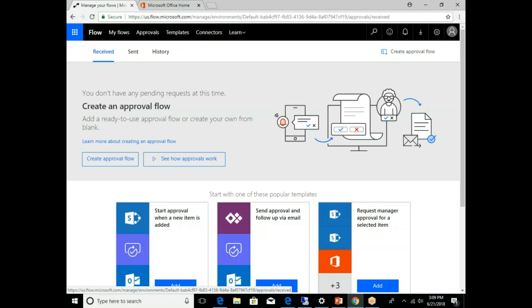There's a Flow application on your phone and you can do your approvals from there. So one last thing I just want to throw in there, if you're using Flow and if you have some